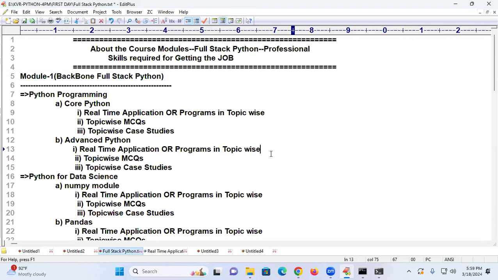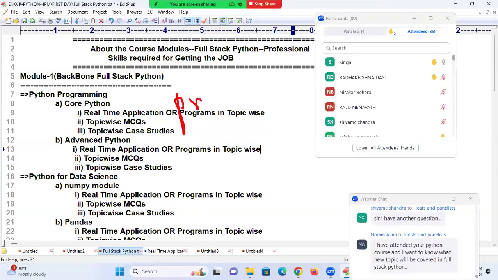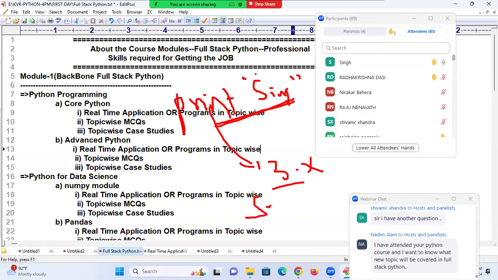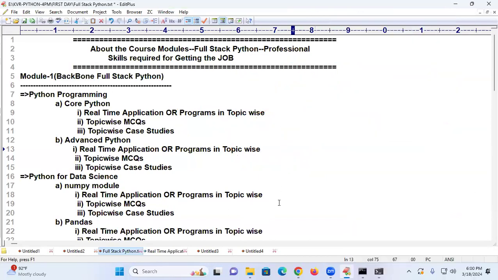If you take Python 2.x syntax as it is and run it in Python 3.x, it will give a syntax error. For example, in Python 2.x you will write print "Singh" within double quotes. It is working perfectly in 2.x. If you run the same thing in Python 3.x, it will give a syntax error. Python 3.x will take brackets here. I hope this simple example helped you understand. Did you understand, my dear student? Yes, I understand. Okay, sir.